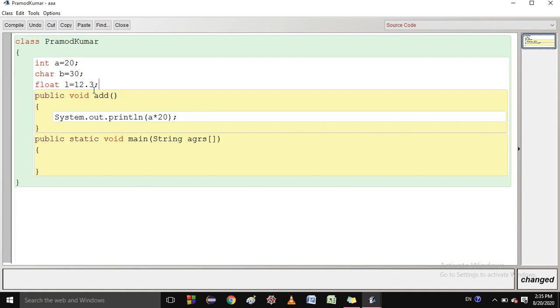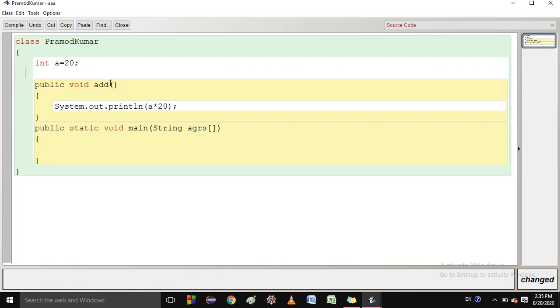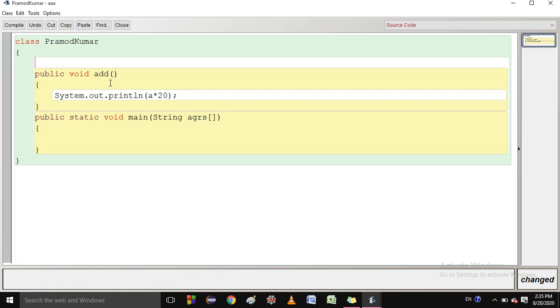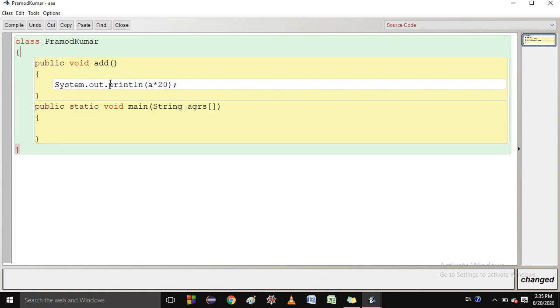I'm sorry, this is a character data type, so you can write it like this. You can see this class is containing different types of data. So we can say that this is a composite, meaning it contains different types of data.